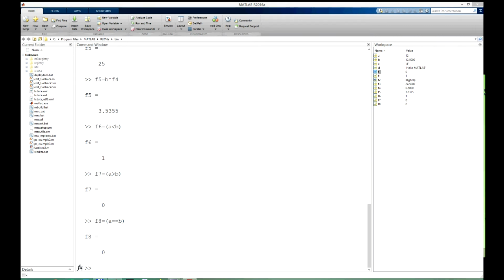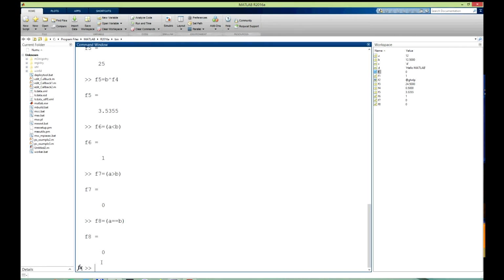Next, let's create some matrices in MATLAB, because if you remember, each variable in MATLAB is a matrix, and even if you put in one value, MATLAB will create a matrix which will have one row and one column. This is definitely basic in MATLAB: each variable is a matrix. Therefore, let's create a small matrix